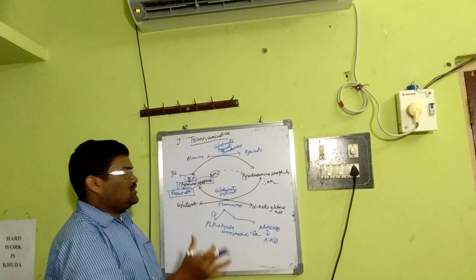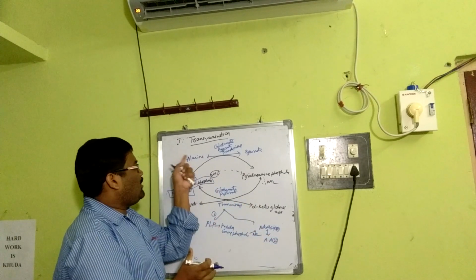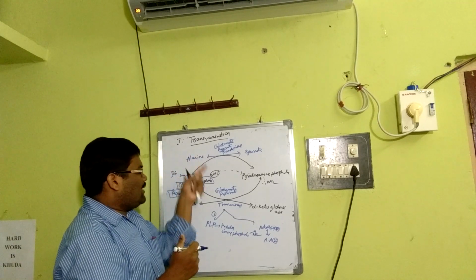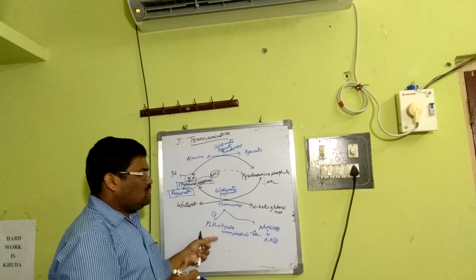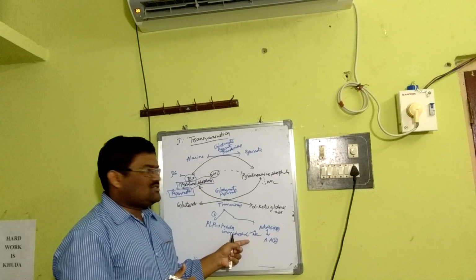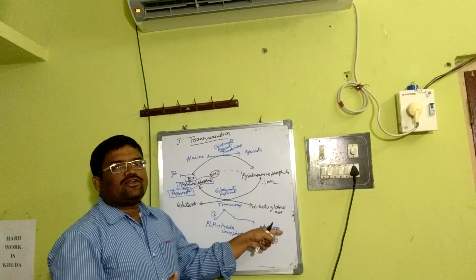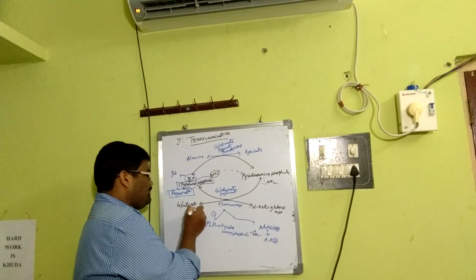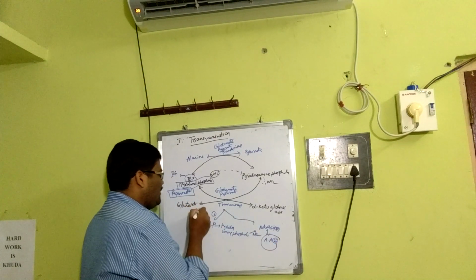So, a two-step reaction. First, the transfer of the amino group, here from alanine. We have taken a specific example. Amino group from the amino acid to PLP, pyridoxal phosphate, so that it becomes pyridoxamine phosphate. Then it will transfer to another keto acid, so that it becomes another amino acid. See here, and the thing is, another amino acid means glutamate,